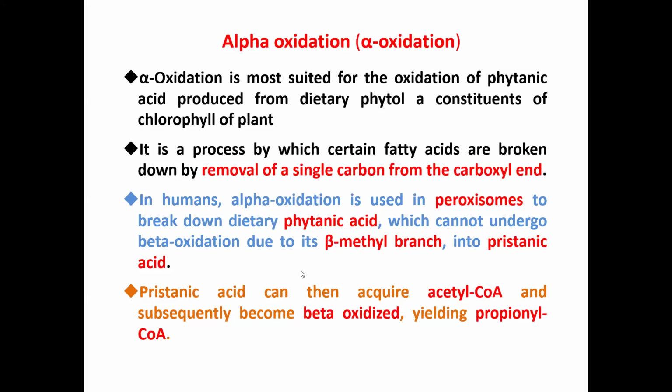As ruminants obviously depend on the green plants, alpha oxidation must happen in the ruminants' body. For this reason, this alpha oxidation is important. But this phytol or phytanic acid that is produced here is an anti-nutritional factor, and sometimes may be toxic and cause lethargy, and such abnormal situations may be produced if they are not oxidized